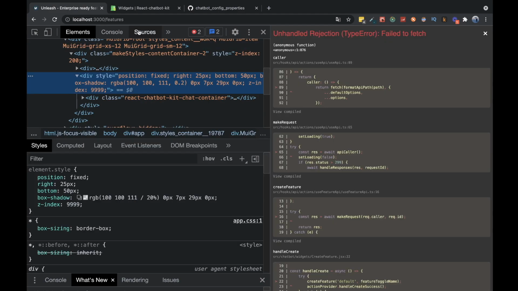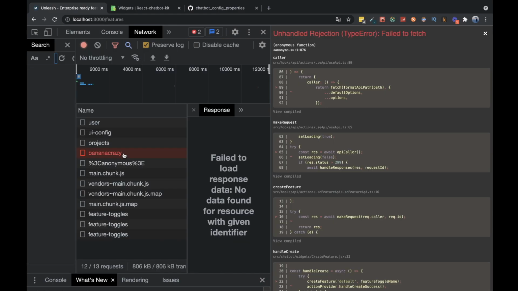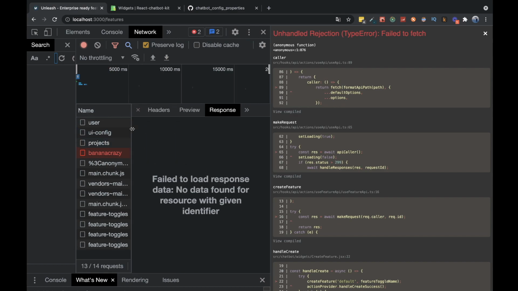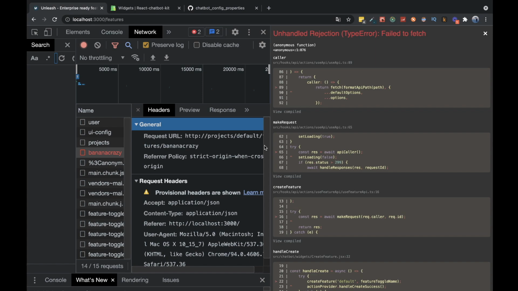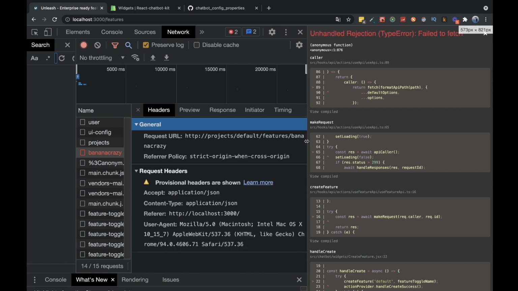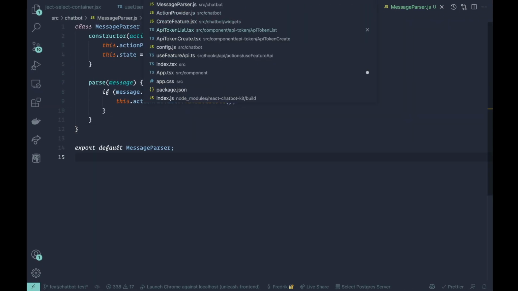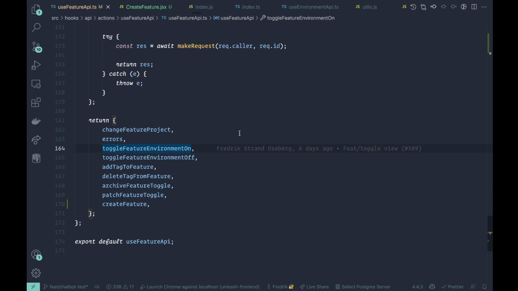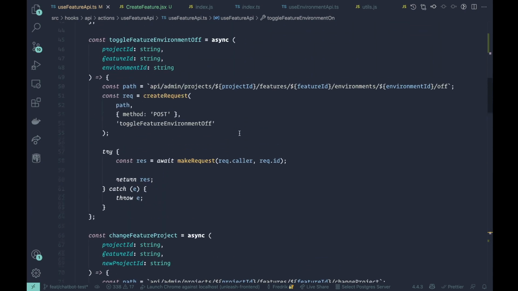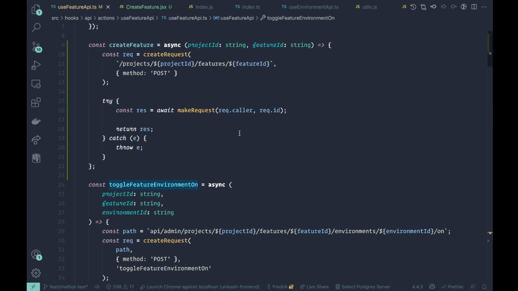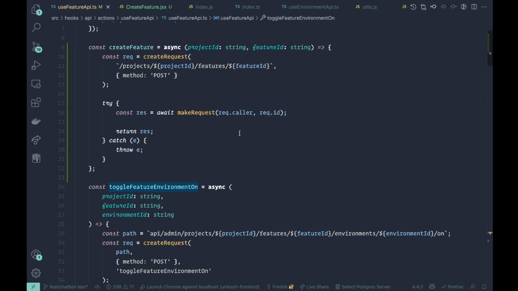Let's take a look at the request. So no response, and we're right. So we do have an issue here. We're not creating the URL correctly. So let's open up this use feature API functionality, and we are going to